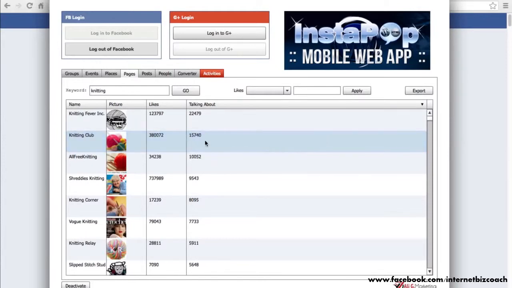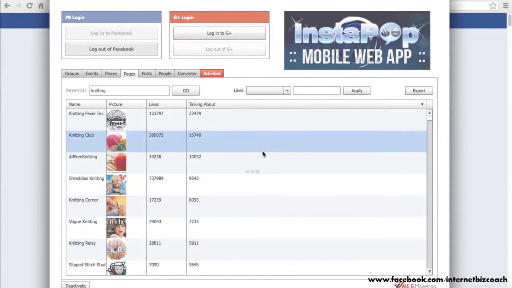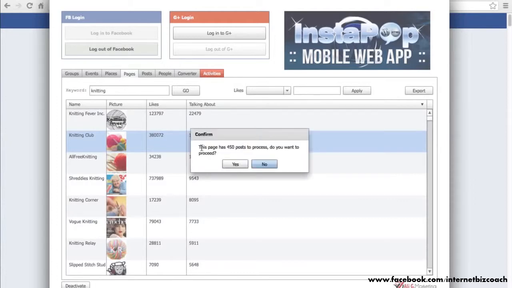So if you right click on this, you can see that there's a new option called extract. If I click on extract, now it does take a while because the program is actually going through the posts in the page and trying to work out how many posts there are in the page. So it takes a while to process, but after a while you see this pop up that asks you, in this case the page has 450